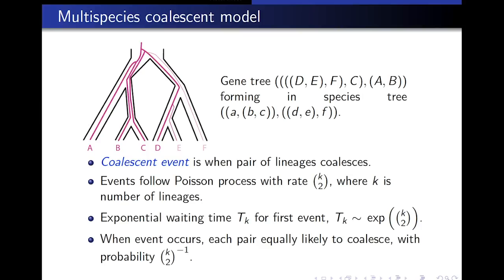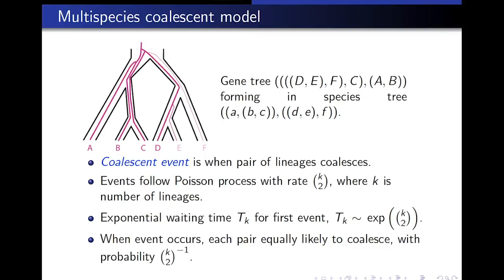When a pair of lineages coalesces into a single lineage, we call this a coalescent event. Coalescent events follow a Poisson process, with the rate being an increasing function of the number of lineages present on the species tree edge. There's an exponential waiting time for the first coalescent event, with the rate again being an increasing function of the number of lineages. Simply put, the more